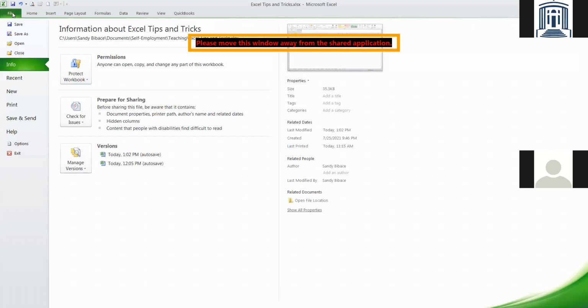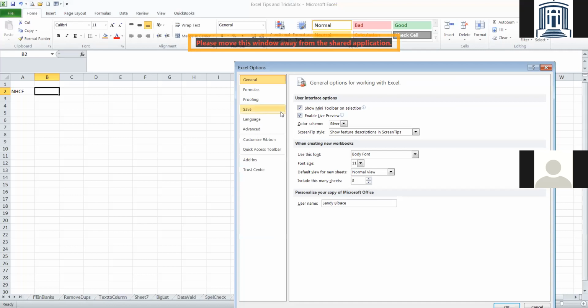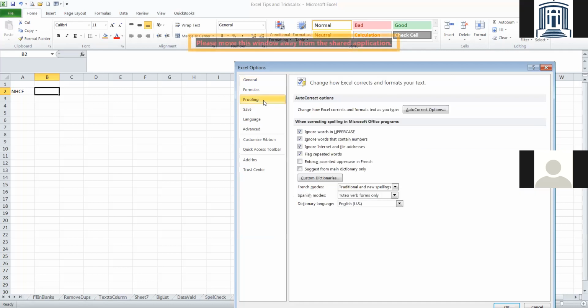What you do is you click on the File menu and you choose Options. I guess I'll move it. Can everybody see this now? Okay. It's actually called Autocorrect, not Autofill. Sorry. So you go to the proofing area, and here there's an option for Autocorrect. So you can click on that,